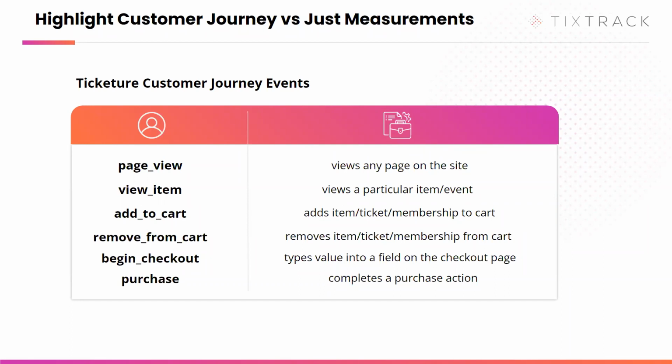And so with UA, you've got basically a top one, page view, and the bottom one, purchase, but the journey is much longer than that. So now you have an additional 4 actions there in the middle, which obviously I'll just run through really quick. So page view, the person's just kind of browsing around. And that's mostly going to be on the events page, not the detail page, because a view item is further in the funnel. They're looking at a specific page. And so we will pass in what page they're looking at, all those kind of details.